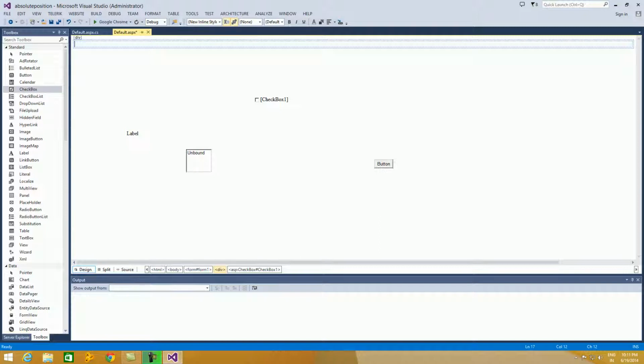So once we get to move the controls, we can move the controls anywhere on the web page. So this is the primary difficulty that we face whenever we try to create a web page and add controls. This is the basic problem that we faced when we started learning ASP.NET.